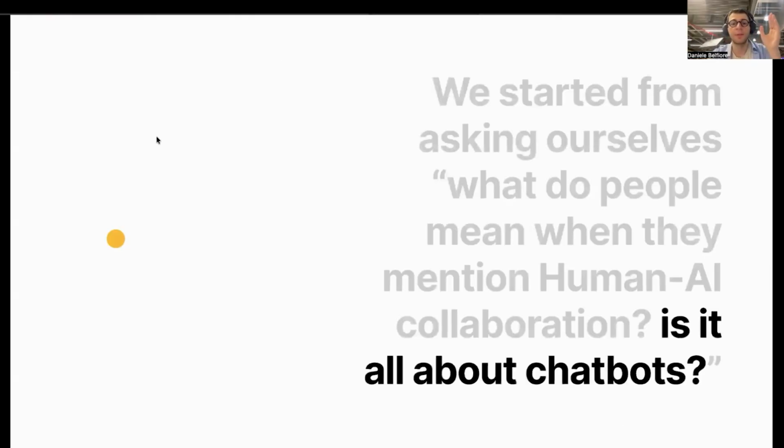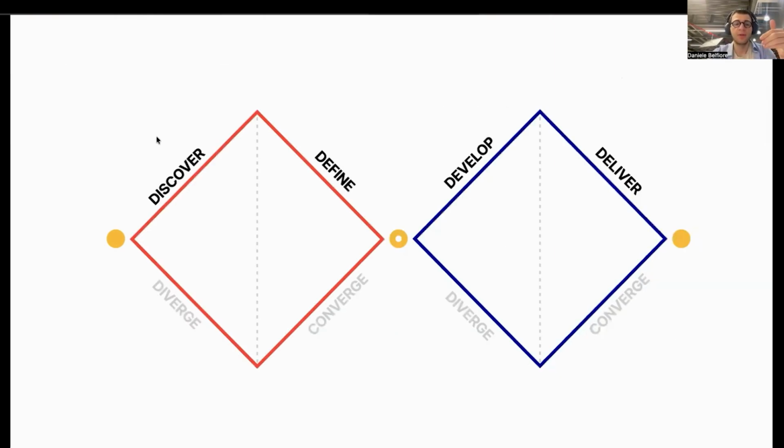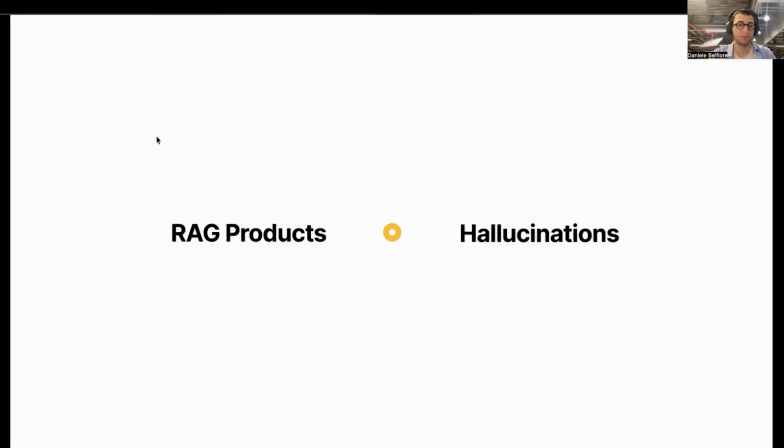In particular, we were talking about large language models. So it's saying, is it all about chatbots? Can the user experience bring chatbot a step further? And throughout the 6 months, we went through the full double diamond design process, which starts from this question, the starting point. It goes through a process of discover and definition, and it gets to a well-defined problem. And then to get to a final output, it goes to two more phases of developing and delivering.